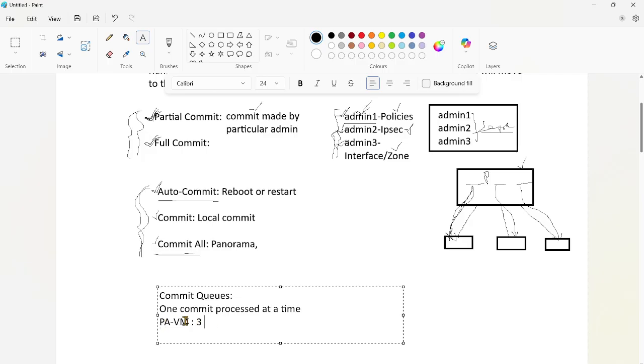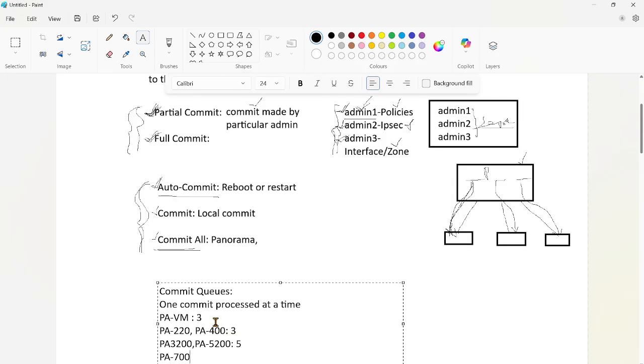The maximum number of commits that can be queued on PAVM, all the VM firewalls, is three. PA 220 and PA 400 also allow three commits to be queued. PA 3200 and PA 5200 allow a maximum of five commits to be queued. PA 7000 series firewalls allow 10 commits to be queued.